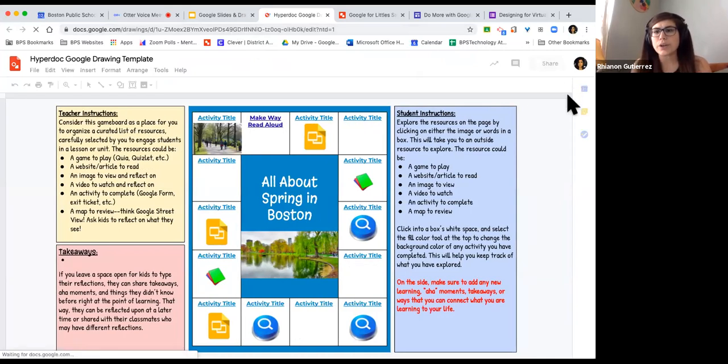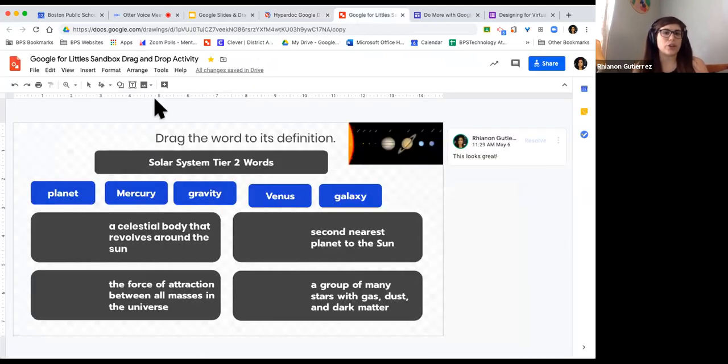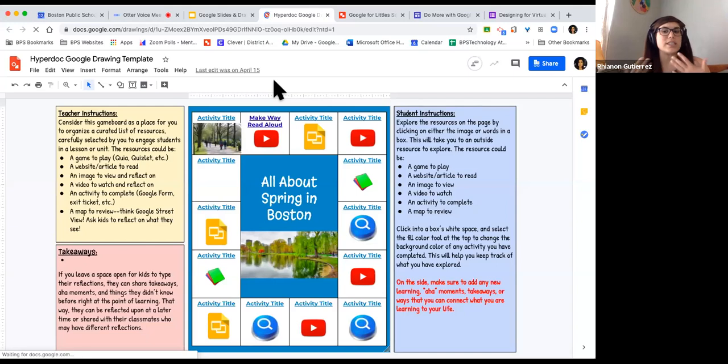So this particular link, which I made editable for everyone, will allow you to customize and put your activities in here. For example, I just made a single activity earlier with my solar system drag and drop activity. What this activity is here is actually a choice board in which I have multiple activities linked. So you can use this template to create your own choice board, where all you have to do really is just replace the content that's in there.